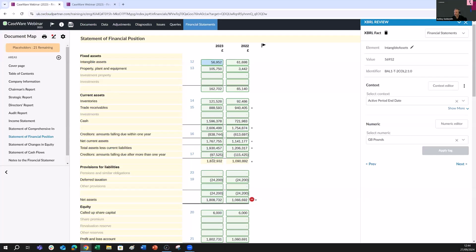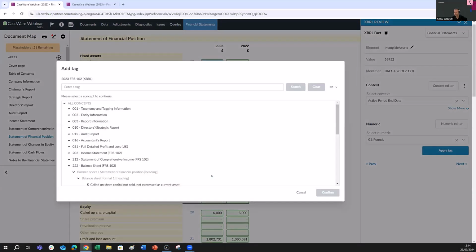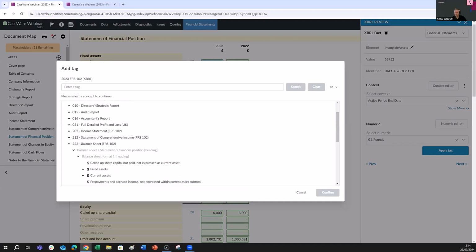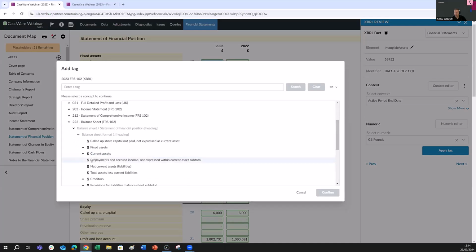Now, these areas that are highlighted in yellow are currently not tagged, but they are available to be tagged. All you need to do to add a manual tag is to left click and add that tag. It will take you into the taxonomy that's relevant, obviously the 2023 102 taxonomy here. Again, I'm just going to select a random tag, let's say current assets,